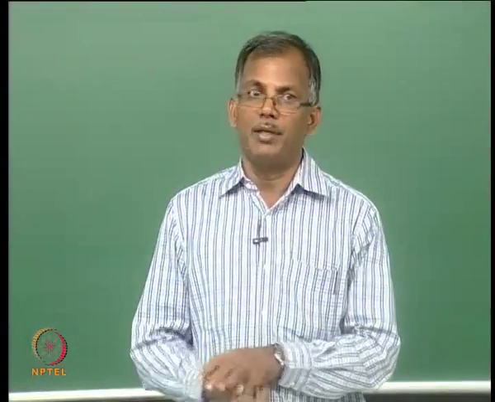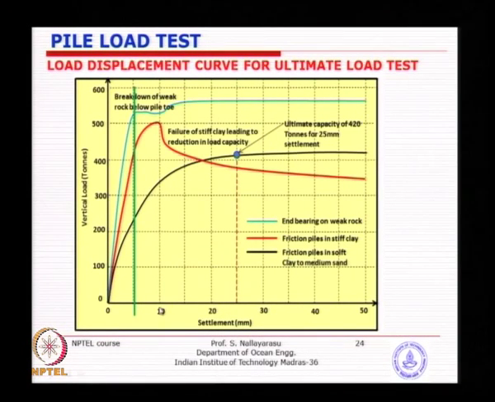When you take 10 mm and restrict to 10 mm as the displacement, 420 divided by factor of safety of 3, you will get around 130 tons, that is what you are going to permit. But actually the pile has got reserve capacity up to 350 tons at the same 10 mm displacement. So that will be the difference when you have a non-linear load deflection curve, especially after testing. So this will give you a picture how much extra margin you have because of the soil behavior.